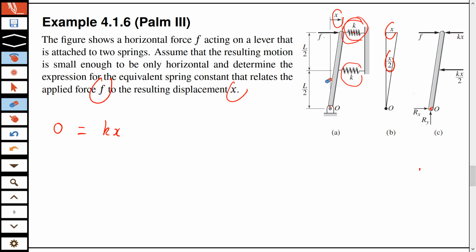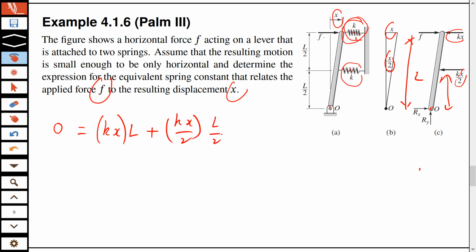सिमिलरली इसका जो मिड पॉइंट पे जो टॉर्क है उसकी जो चूंकि डिफ्लेक्शन x/2 है, तो k will multiply x/2 because they both have the same spring constant. So I can now write kx is this force, और इसका जो टॉर्क है about O, it will be kx times this length, which is L. Then the other force kx/2, kx/2 का जो मोमेंट आर्म है वो L/2 है, and the torque for F, और because we take this as the positive torque, तो ये दोनों तो पॉजिटिव है,